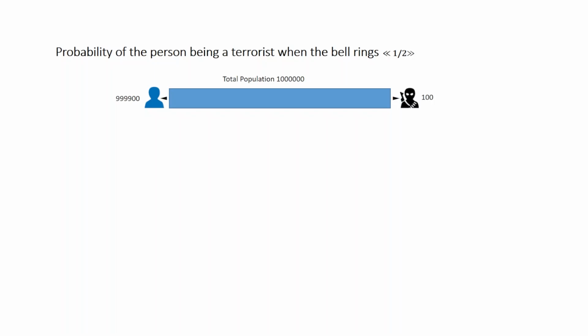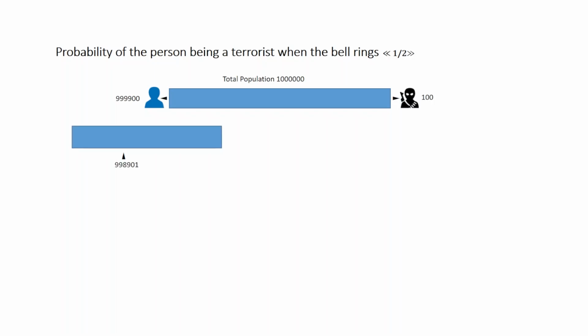So let's calculate the probability of the person being a terrorist when the bell rings. Let's suppose that we are going to scan the whole population. Again, we have 1 million inhabitants, of which 999,900 are not terrorists and 100 are terrorists. If we scan the whole population, that would give us